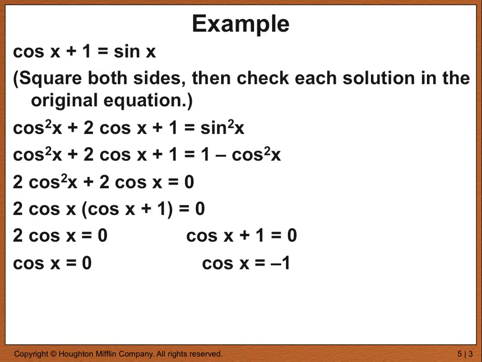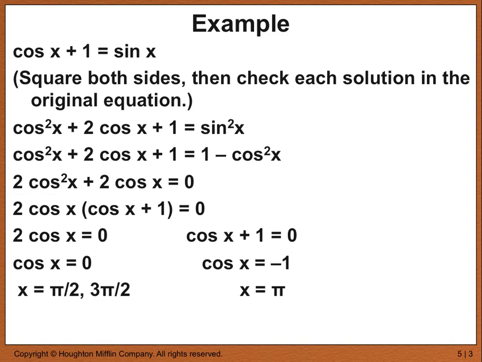Alright, so you should have found that on your unit circle you have x-coordinates of 0 at the angles pi over 2 and 3 pi over 2. And also using the unit circle for finding an x-coordinate of negative 1, the only place where that happens is x equals pi. Alright, so it appears that we have three solutions to this equation, but this is where you